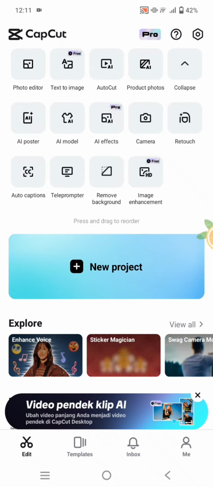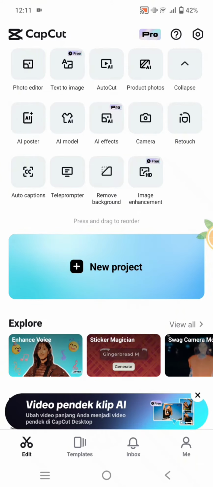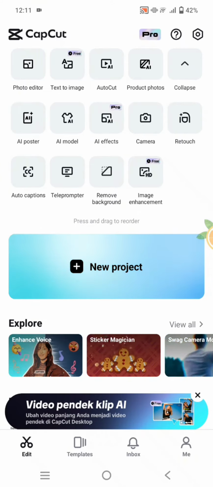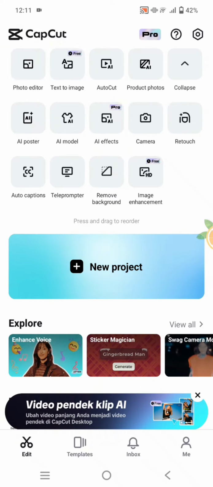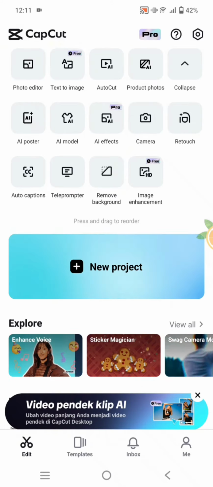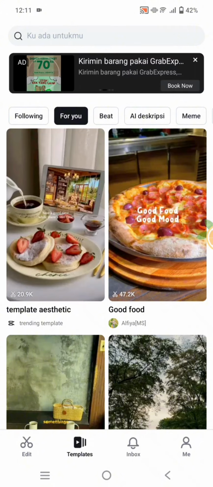On today's tutorial, I'm going to show you how you can turn or edit your videos to be like a movie in CapCut. So first, what you need to do is just go to templates, and in here, in the search column at the top,